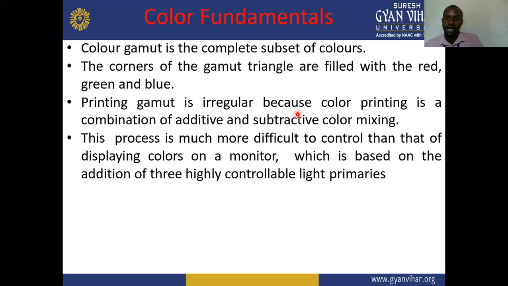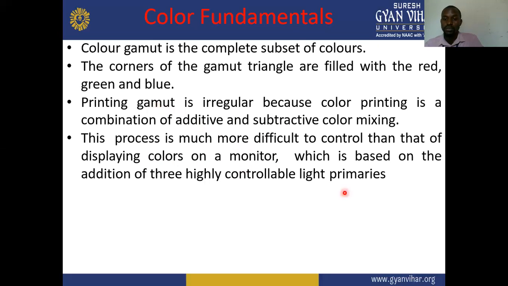That is, white and black colors are added together so you can get this printing gamut. So this process is much more difficult to control than displaying the colors on a monitor. Because in a monitor, we're just dealing with additive color, but for the printing gamut, we use subtractive and additive